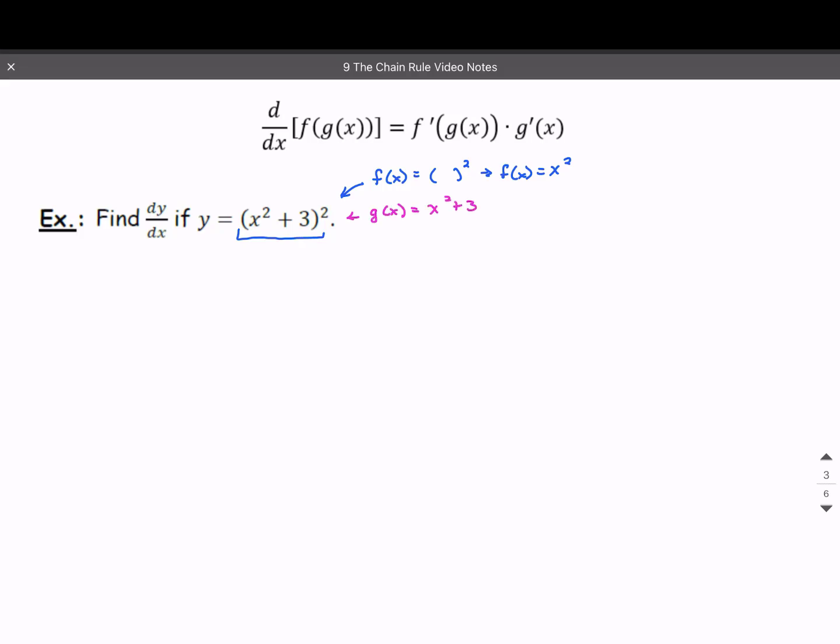So when we go to take this derivative, it's going to be called dy/dx. When you have something squared, you bring down the 2. We're going to keep that inside, and we're going to decrease the exponent by 1. So it's just going to be to the first. So the inside, we're going to keep that the same, x squared plus 3, times the derivative of that inside. The derivative of x squared plus 3 is 2x. Now, we have one more step because we do have monomial terms. 2 times 2x is 4x times, keep the inside,